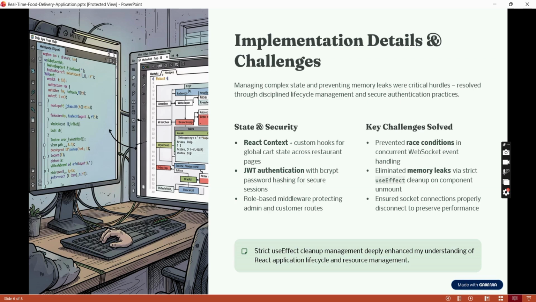Now I am going to speak about implementation details and the challenges. Developing this application was an excellent learning experience. I implemented many important features while also solving several technical challenges. For the state management,